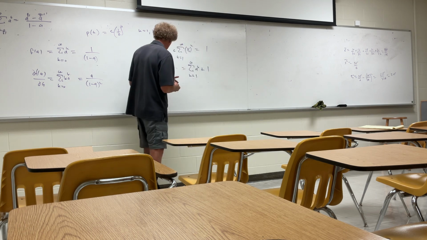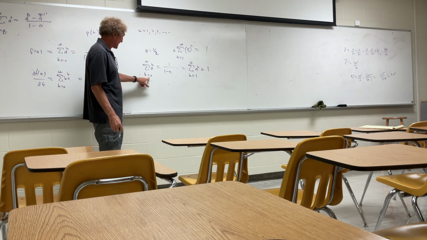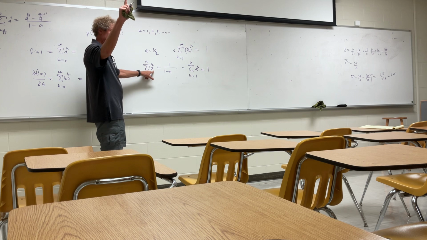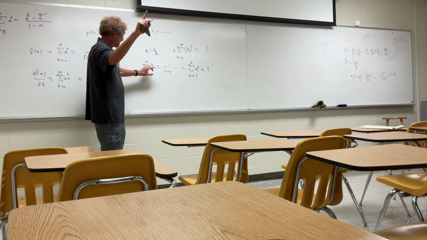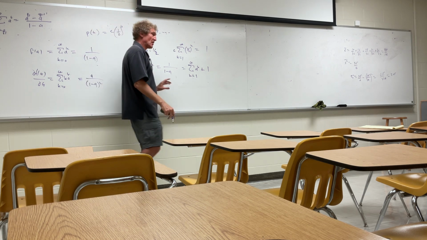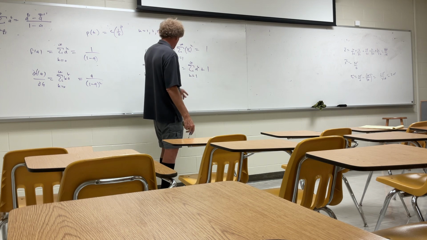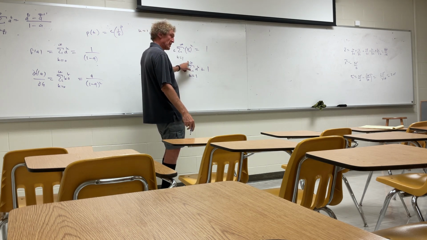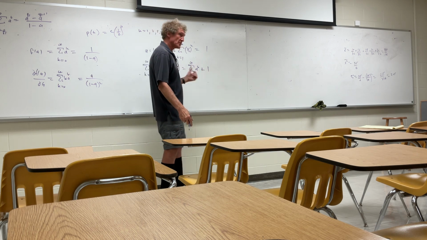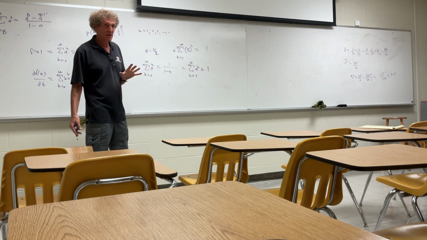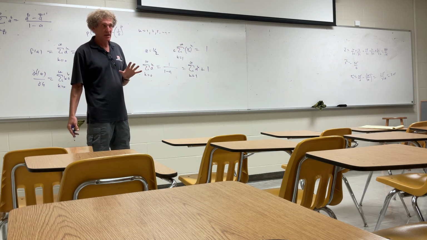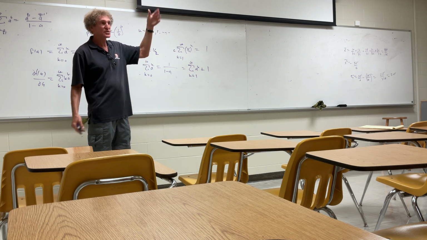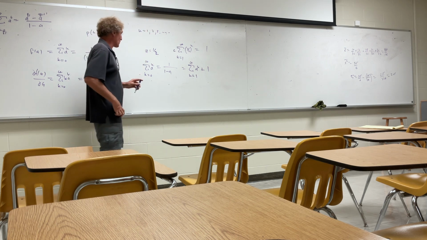Now here's what I've done. See the first term of this, at k equals 0? Well, a to the 0 is 1, right? So I subtracted that off. Basically, if I expand this, instead of going from k equals 0, with k equals 1 to infinity, I just have to add 1 to it to get this. Follow me? I'm just finding a way to get the form I need.